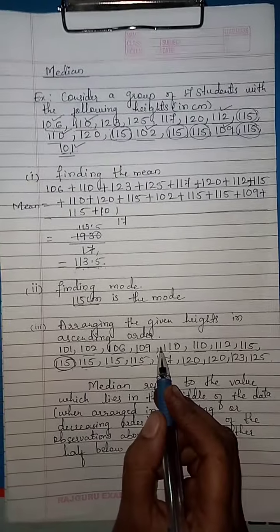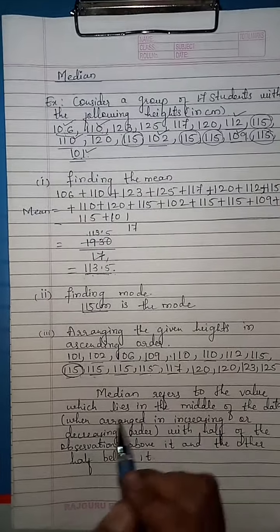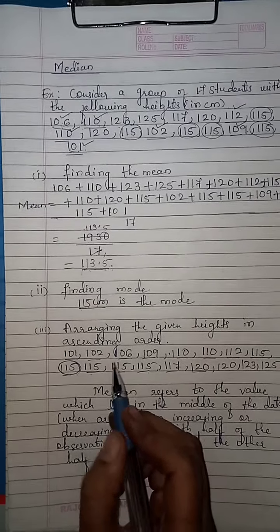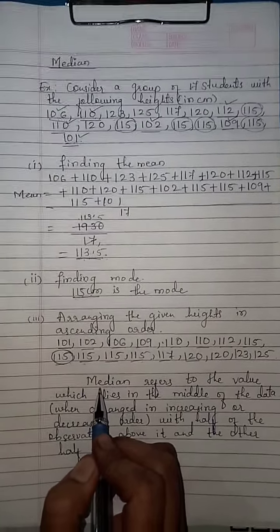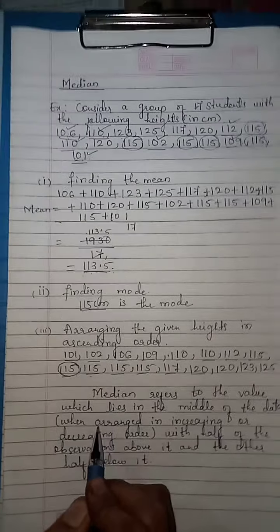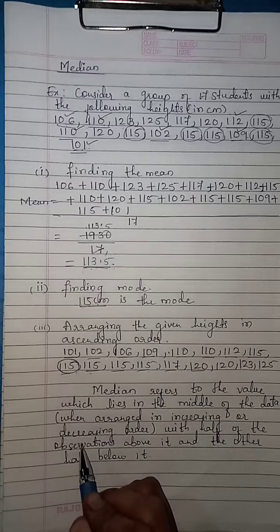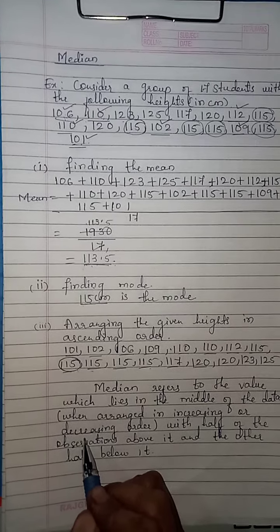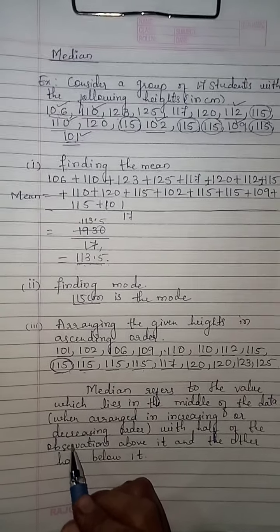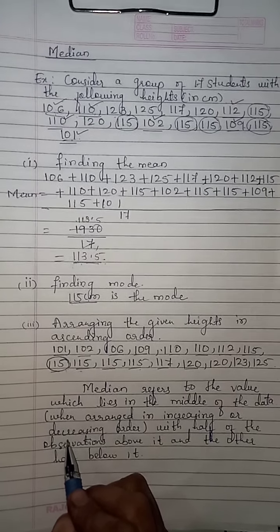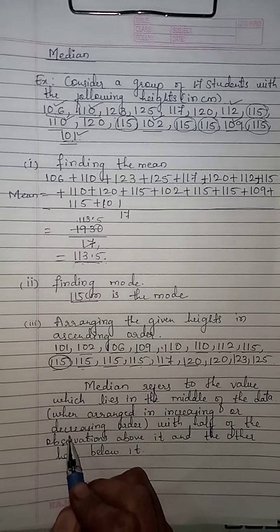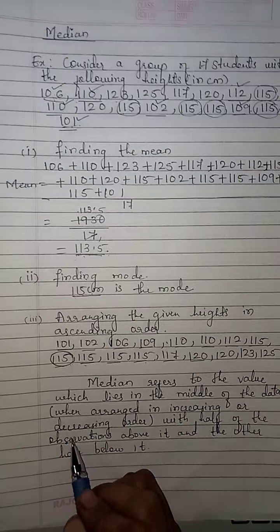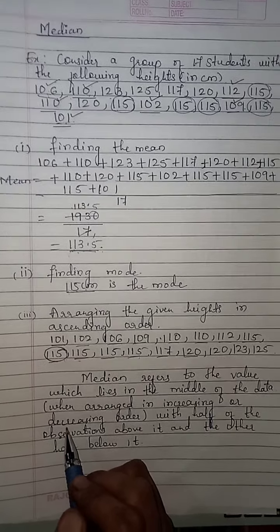See here, children, 17 students are there. 17 is an odd number. Here we consider the odd number of observations. Thus, in a given data arranged in ascending or descending order, the median gives us the middle observation. Now you note that, children, in general we may not get the same value for the median and mode.